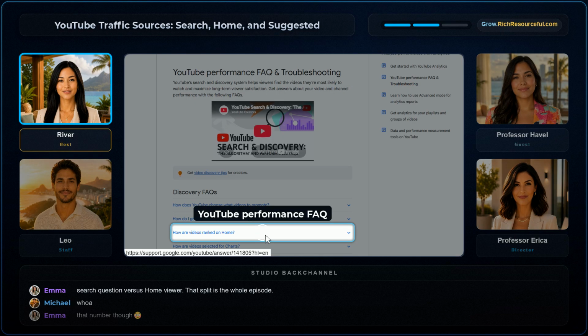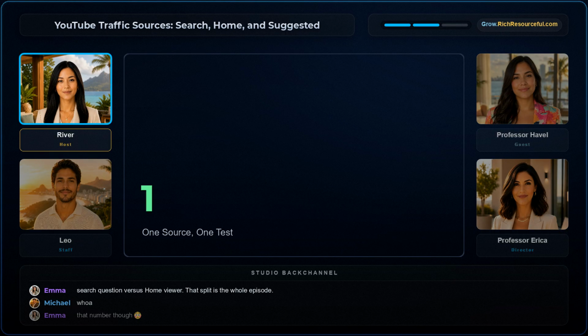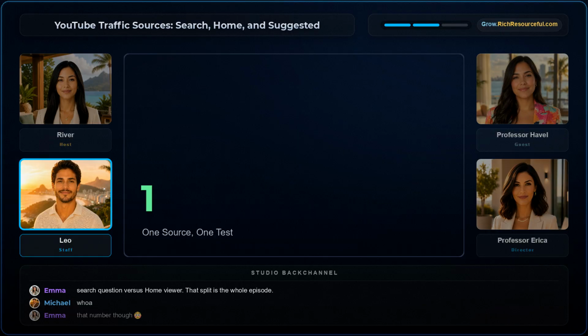Suggested is the neighboring shelf. Ask what a viewer was watching immediately before your video could make sense. If Morgan's video is called A Better Telescope, but it solves a beginner buying question, the title may be poetic, while suggested needs a clearer bridge. I'd have bet on thumbnail first, but the shelf changes the brief.